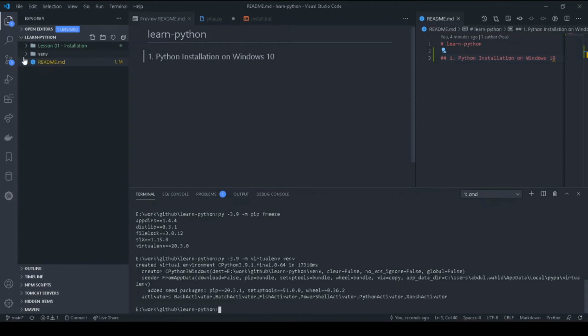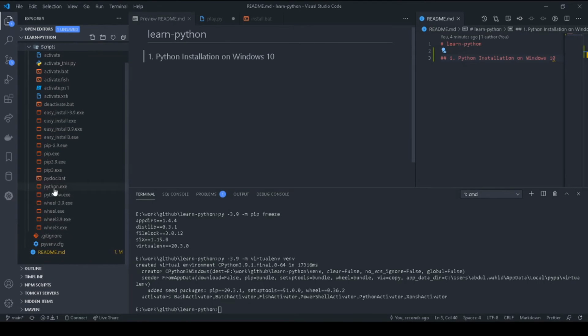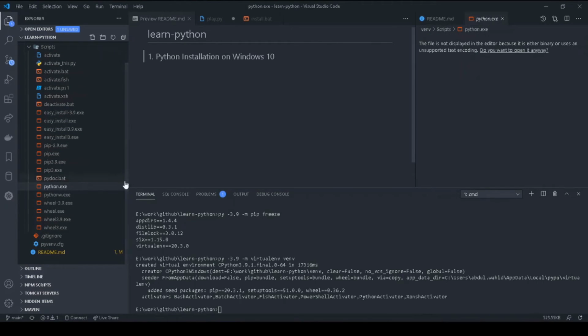We have a new folder venv over here. If we see the inside of this folder, we have a Scripts folder. Here is the Python file which we will use for this project.